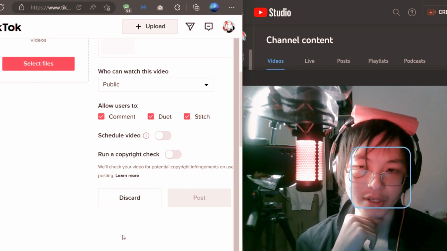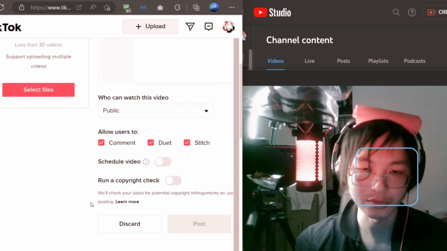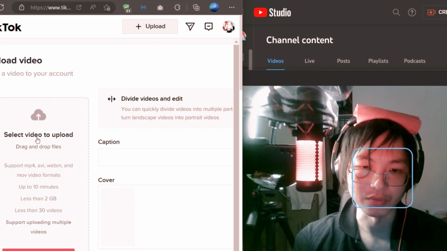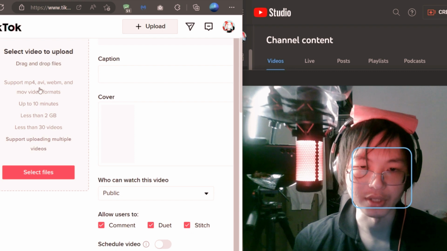And so I thought to myself that if I decide to upload it to TikTok, which is what you see here, on the left hand side you see upload videos, select videos to upload, divide the videos and edit, caption, cover, so on and so forth. And here are dimensions, right? You support MP4, AVI, WebM, less than 2 gigabytes has to be, up to 10 minutes max,